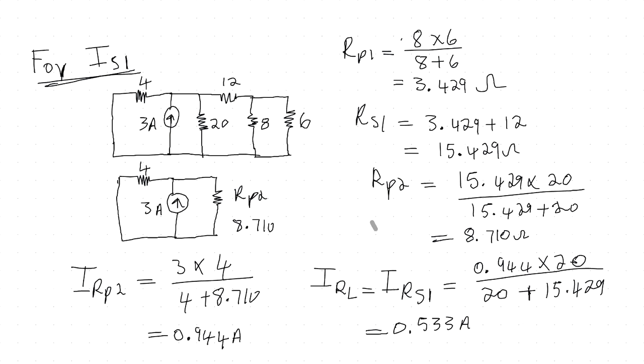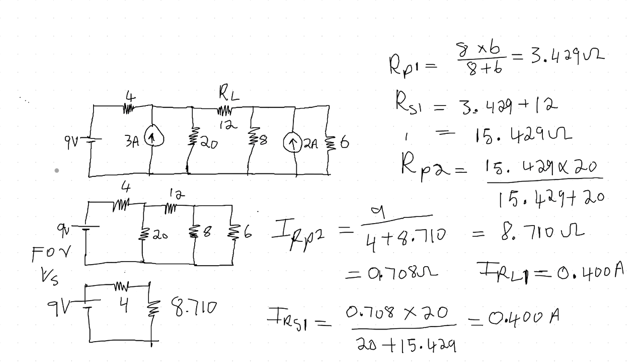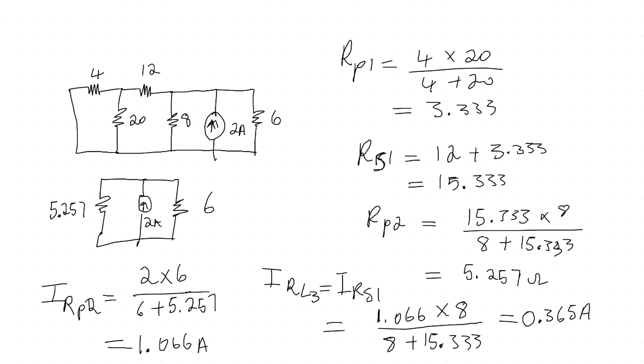IRL1. So the final current is going to be the combination of your 3 currents. We don't know if it's sum or subtraction. So let's go to the 4th page where we're going to write the final current. IRL, the final current, is equal to